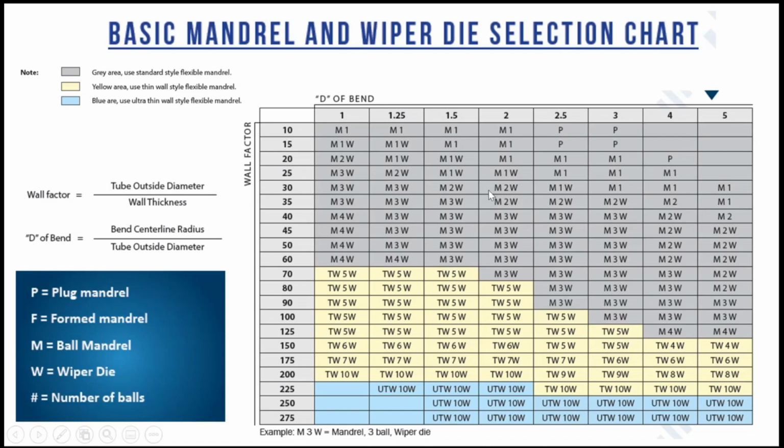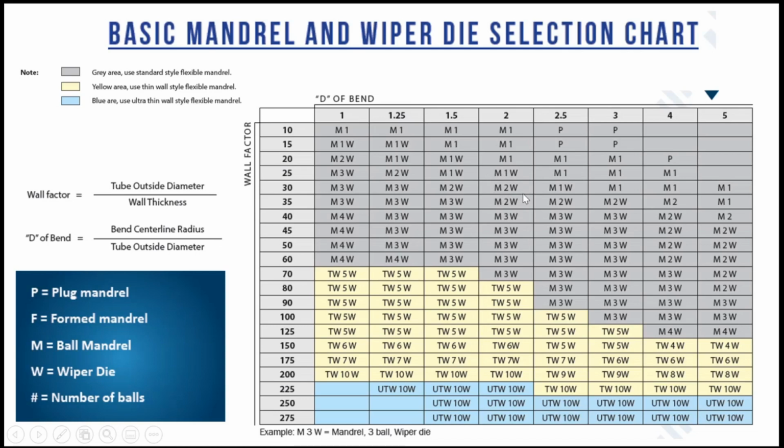If you're having some slipping issues, at a 27, you may be able to actually work with just one ball, which will reduce your drag and possibly eliminate that slippage. So that's one form in which you can utilize this chart to help you troubleshoot and possibly be able to